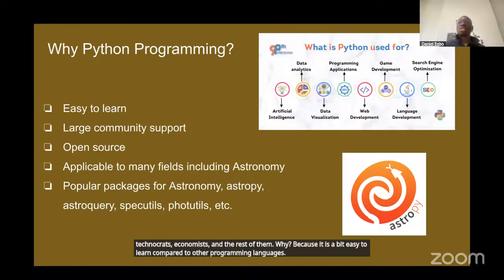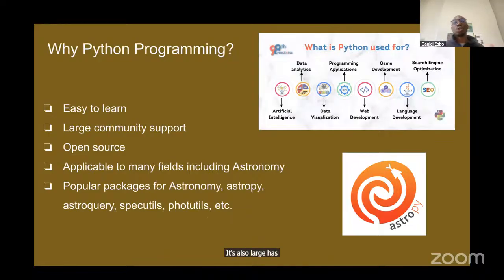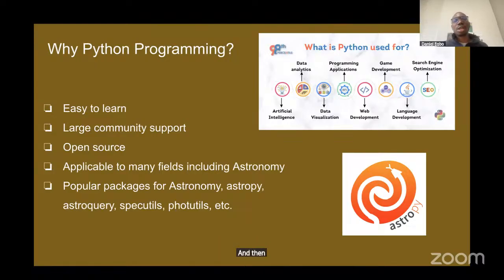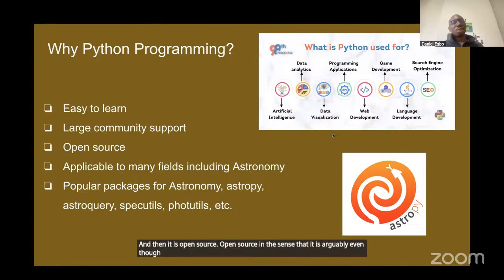It also has a large community support, in the sense that somebody might write a script today that is very useful to solving a problem, and that code can be made available with documentation for other people to reuse. And then it is open source in the sense that, even though it was initially developed by an individual,